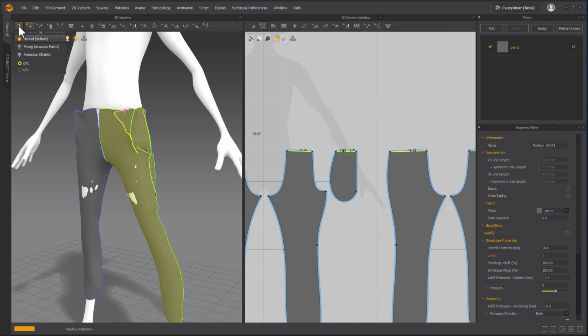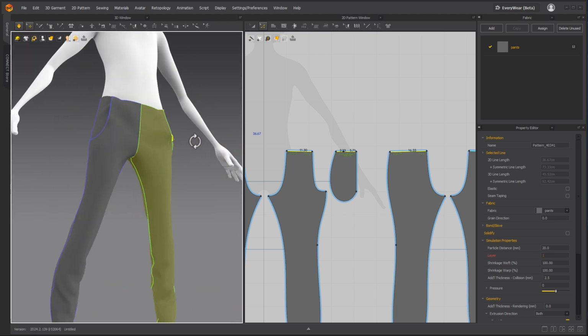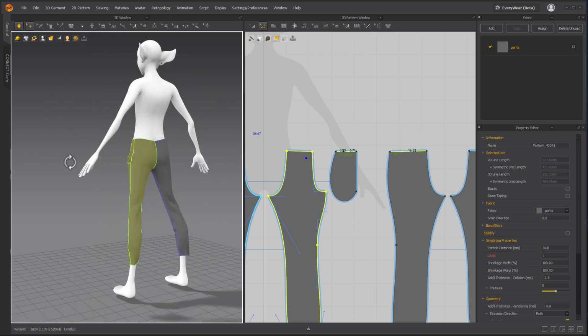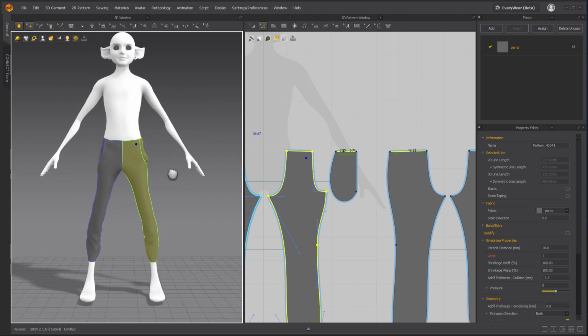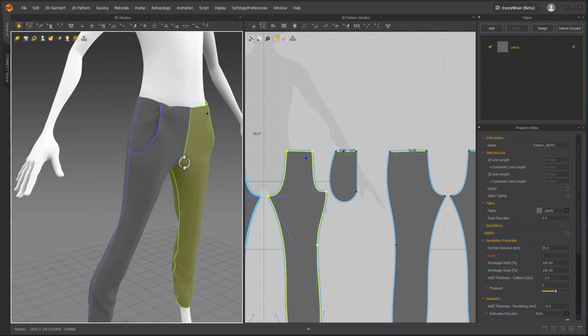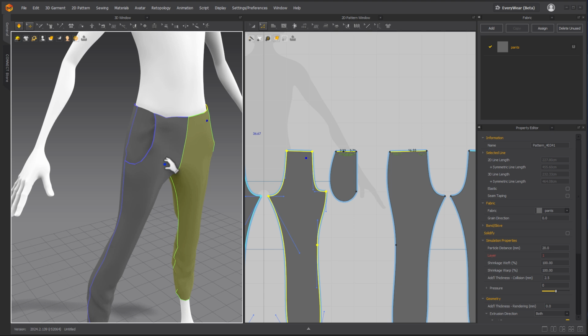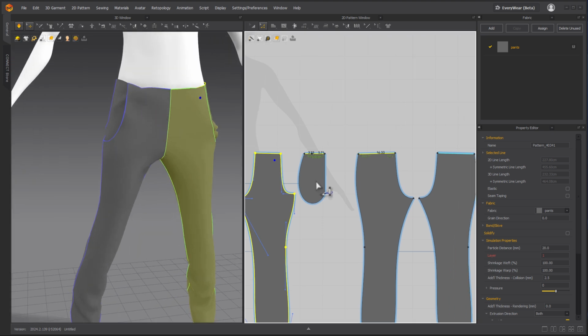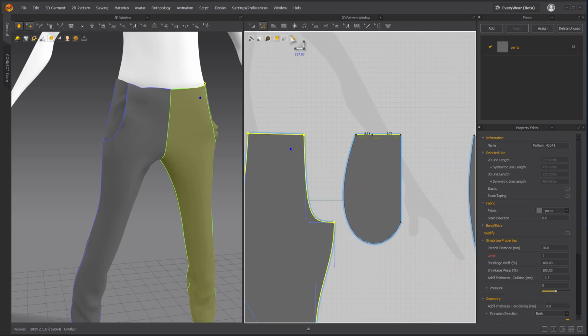Then if you hit the sim again, that's what happens. All right, so it's actually looking better. It looks like we have space. We probably need to, no, there might be too much, so we'll make them tighter. But what I want to do is I want to make the pocket stick inside. So I can add a line right here and stitch to that line. And we can do that with an internal line. So if I add an internal line right here and drop it down,